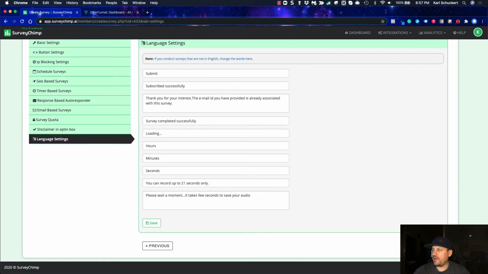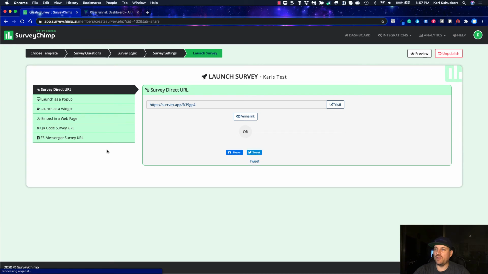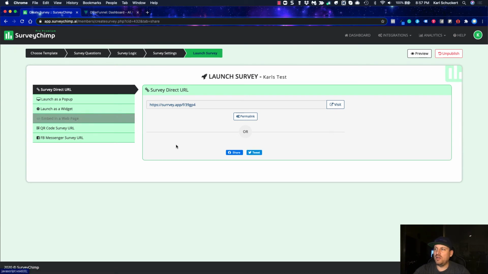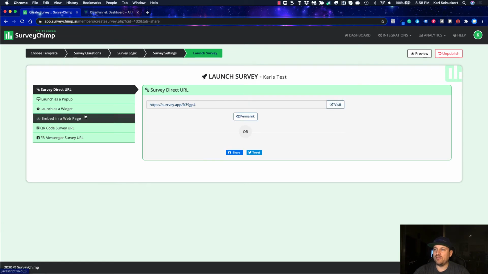And then when you're done with that, you just hit next. You could also reset what it says, like maybe have a different word. And then here they give you some options. So you can create a permalink, basically just changing the area after the F right here you can do. Or you could just use the one that they're giving you.